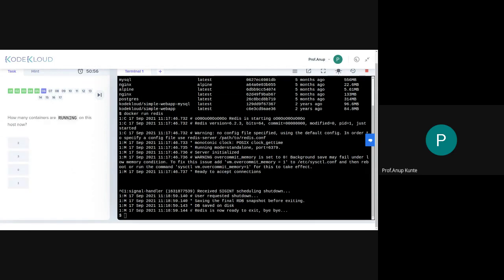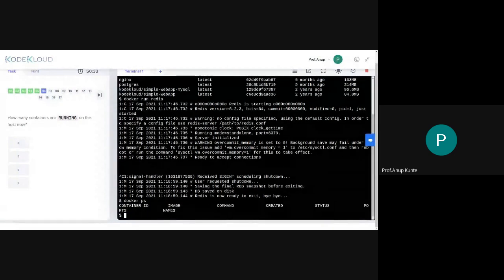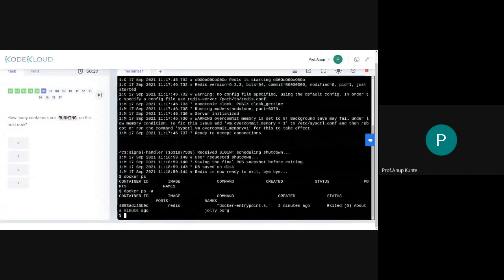So we want to know how many containers are currently running. Okay, so to know how many containers are currently running, what you need to figure out is the docker command. Can anybody tell me what would be the command in the chat window? Can anybody type the command? I need to find out. So what will ps do? It tells me how many containers there are, right? And what will ps -a tell us? How many containers have been executed, right?